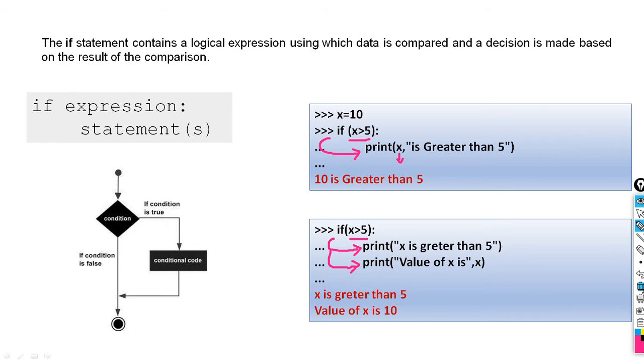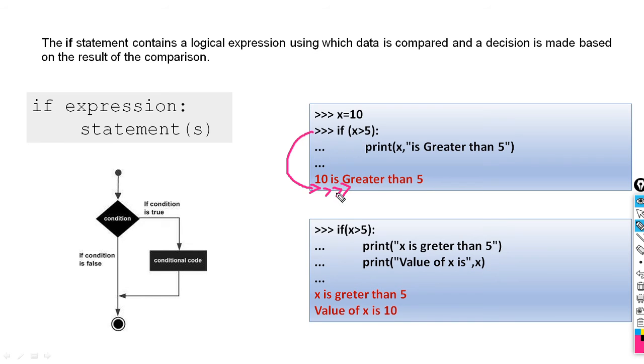Okay, so look here, when the condition remains false, suppose we have x is equal to 4. In this example, how does it execute? x is equal to 4. If x greater than 5, is it true or false? It is false. So it will skip this statement. It won't execute this one. It will take your control to the next Python prompt, when the condition remains false.